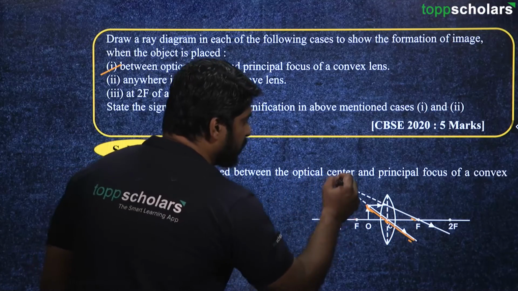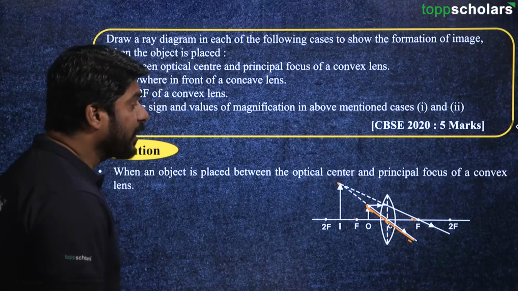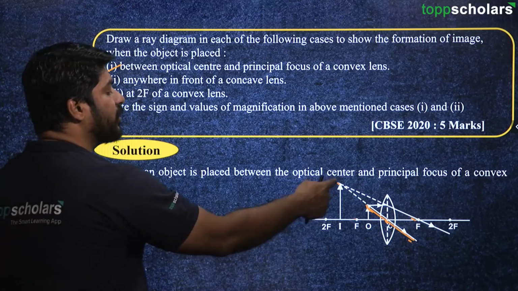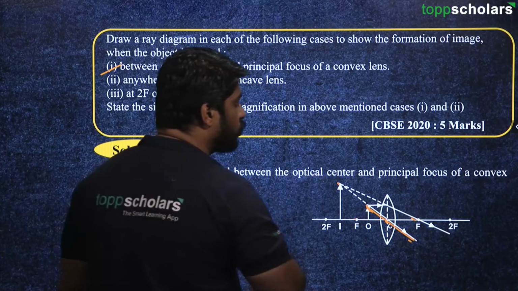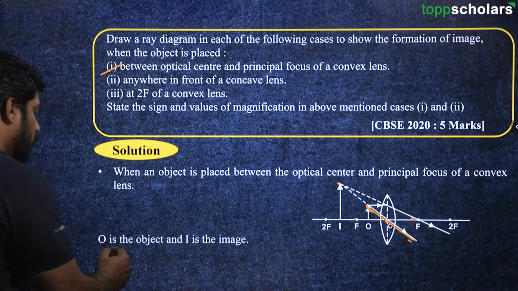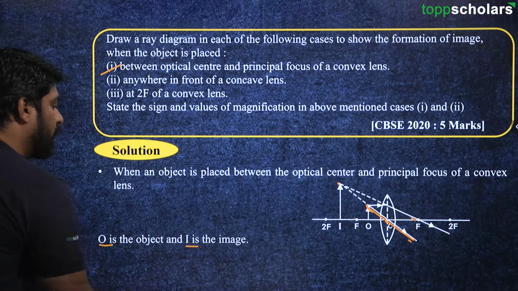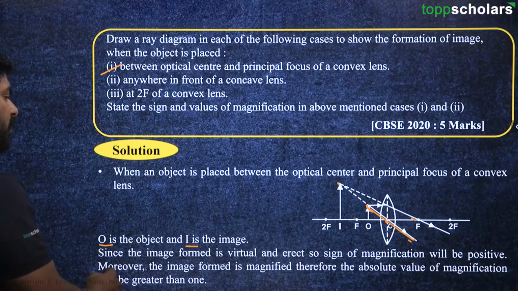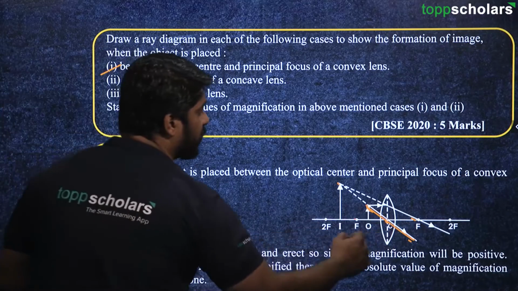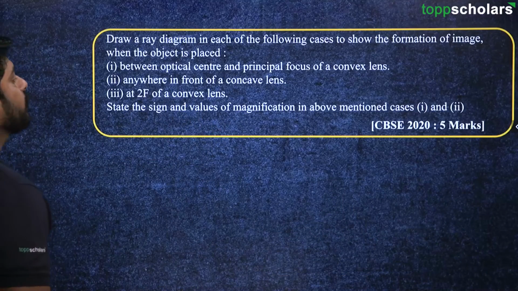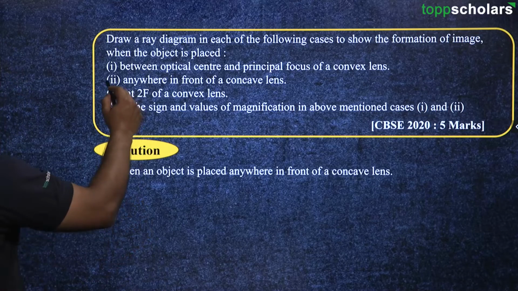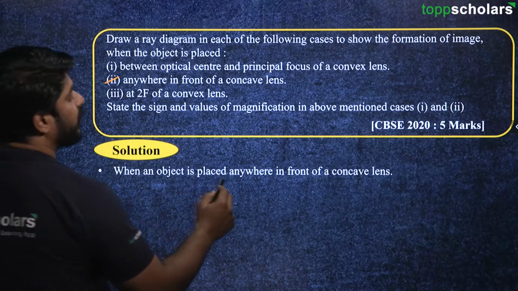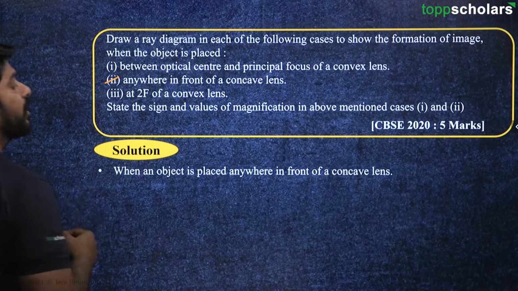It is enlarged, it is erect, okay, and it is virtual. Since the image is actually not there, it is a virtual image, okay. Over here, O is the object and I is the image, okay. And this is the description of the particular case, okay. Moving on. Now let's go to the second case, when the object is placed anywhere in front of a concave